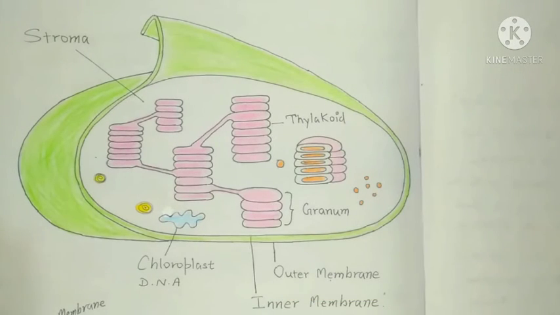Friends, we are now seeing the structure of a typical chloroplast. Chloroplasts are double membrane, tiny granular structures present within a plant cell having chlorophyll molecules within them. Chlorophyll molecules trap the solar energy to convert this solar energy into chemical energy, that is ATP. There are two distinct regions present within a typical chloroplast known as grana or granum and stroma. Grana is made up of stacks of disc-shaped structures known as thylakoids. Chlorophyll is present within the thylakoid membrane.